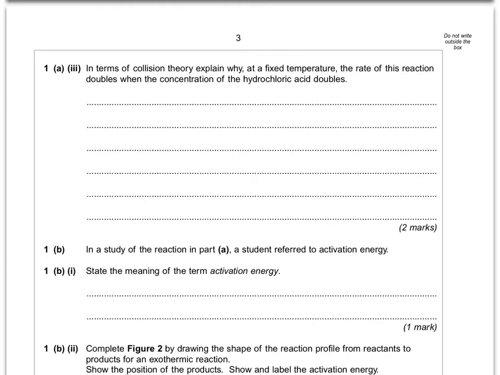So here we've got, in terms of collision theory, explain why at a fixed temperature the rate of this reaction doubles when the concentration of the hydrochloric acid doubles. This question kind of came up in the second piece of coursework if you did that. And